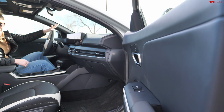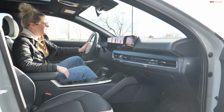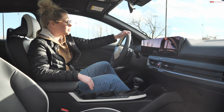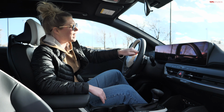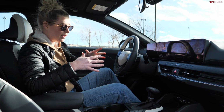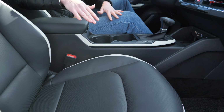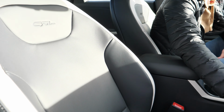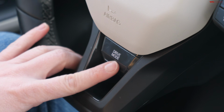The interior of the K4 is pretty awesome. Right off the bat, I noticed this really cool white airbag we have on our square steering wheel with matching white trim on the top of it here. I think it looks really, really cool. And it continues on to the seats. We've got two-tone seats with this white and black, and these are heated and ventilated seats. And on the steering wheel, to find your drive modes, it's actually this cool little button right at the bottom